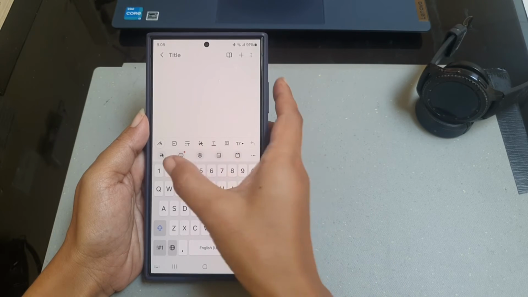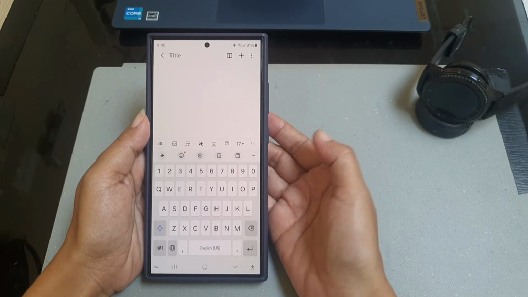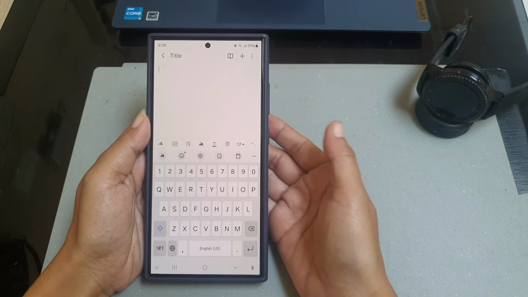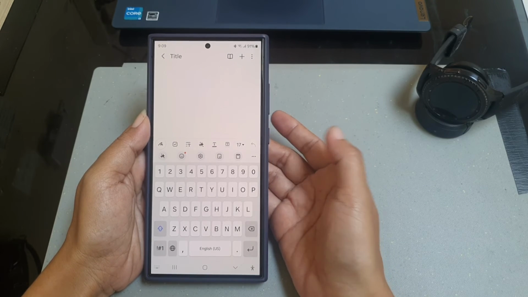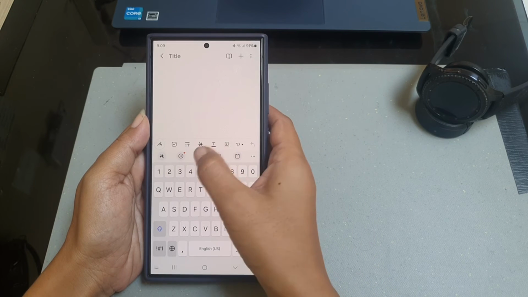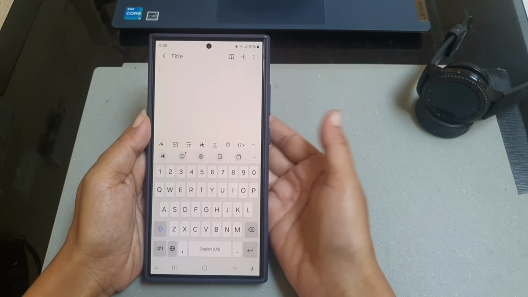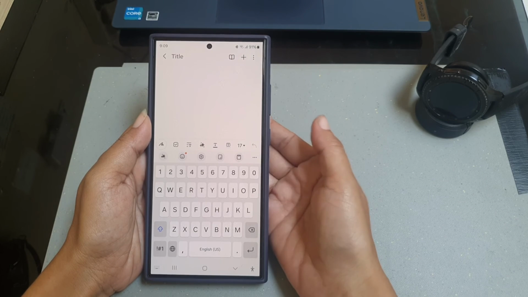As you can see, this is the keyboard toolbar where you can use to quickly access some menus or features on your keyboard, such as to access keyboard setting, to access clipboard where you can see all copied items, and